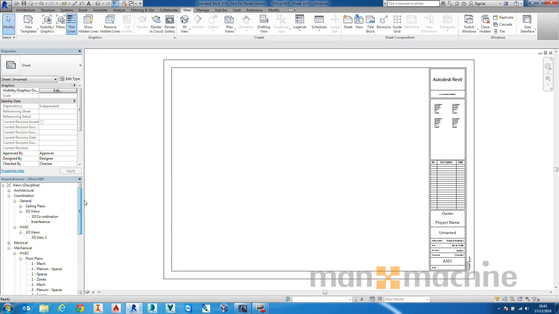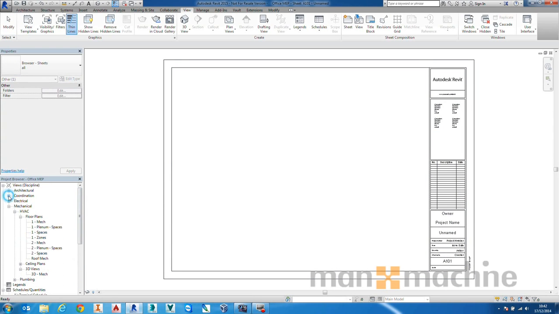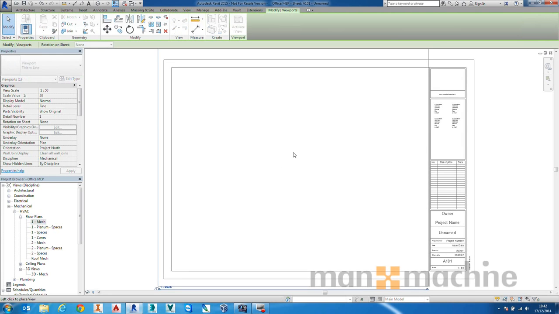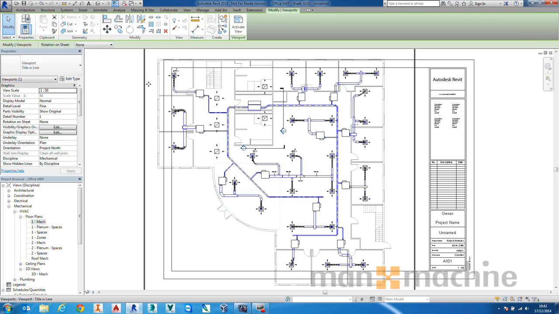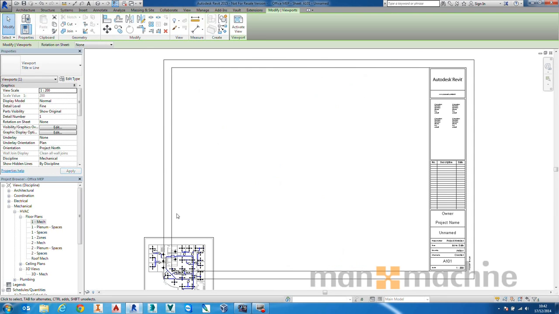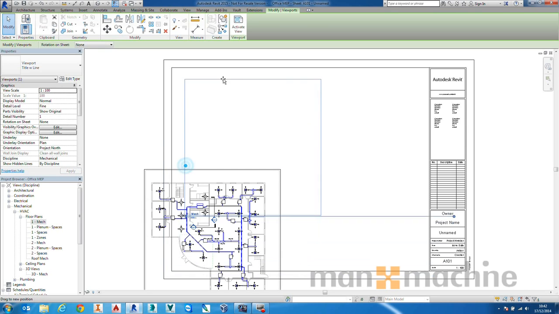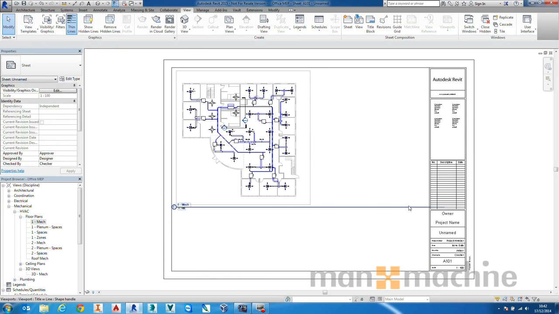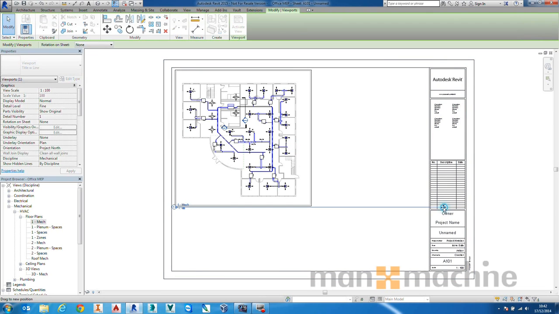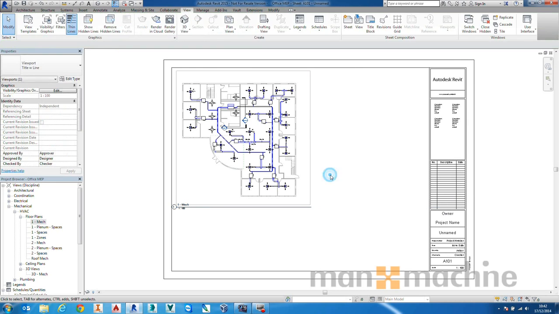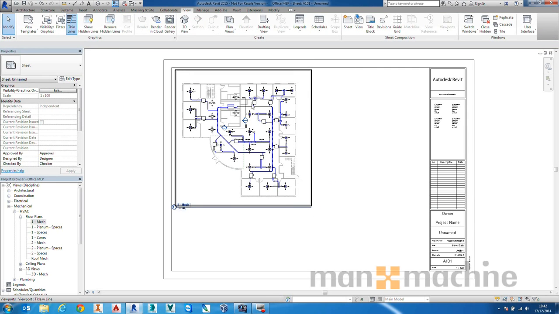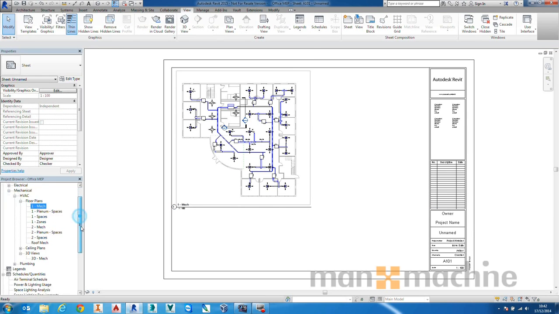I can then simply come up and find the views that I would like. So I want my HVAC mechanical view, drag and drop and place that in. Select the view. It works just like a viewport in AutoCAD. We can change the scale. 1 to 200, probably a little bit small. Let's go 1 to 100. And then just move that into position. Just move that line so it's in line. There we go. That works exactly the same whether it's a floor plan,